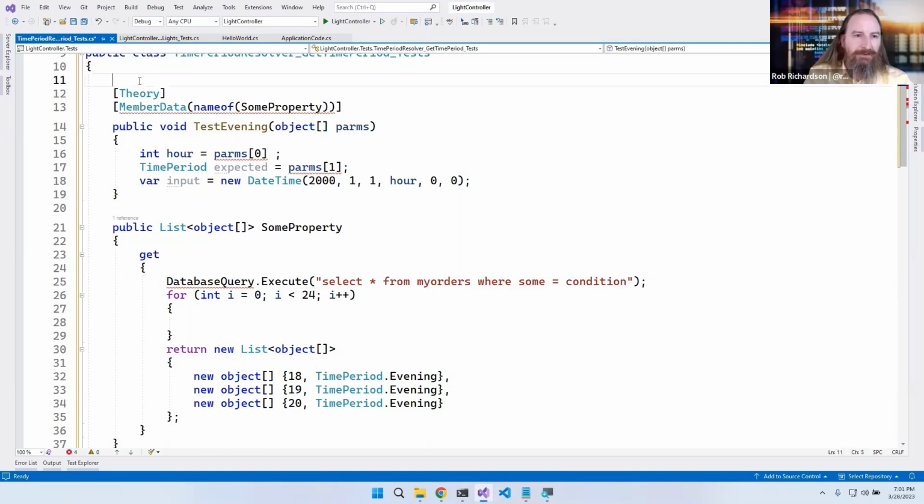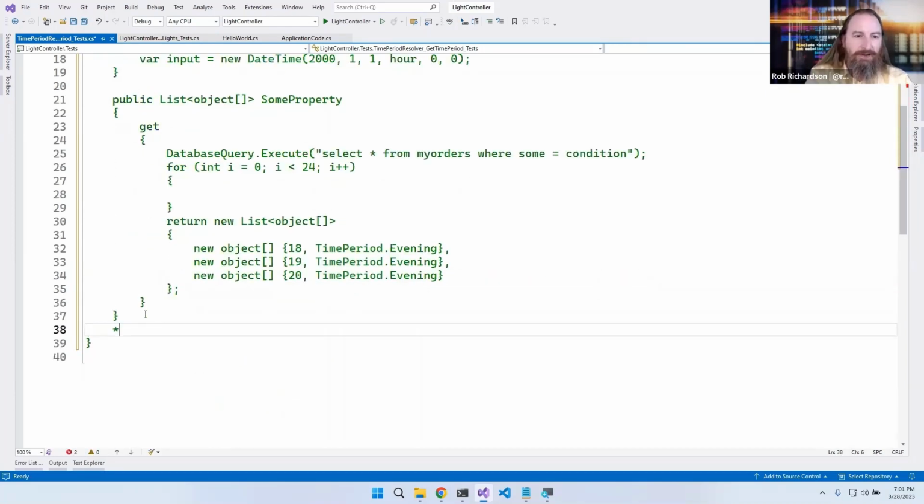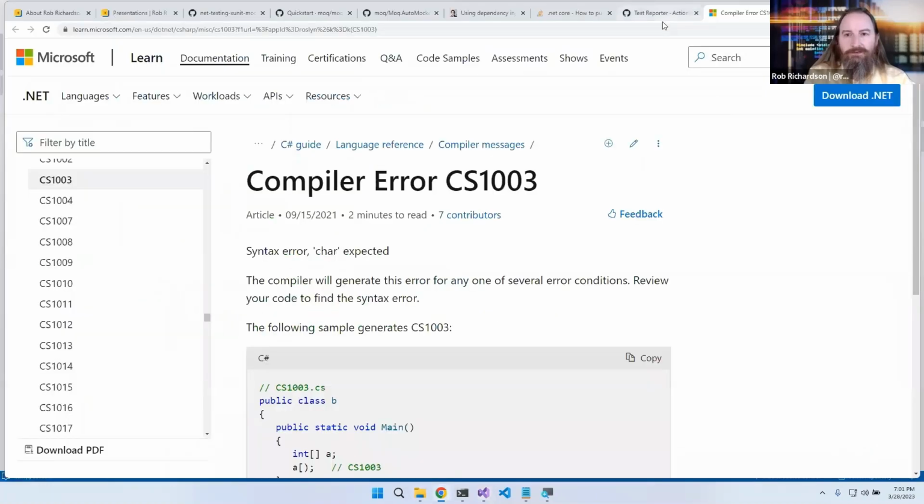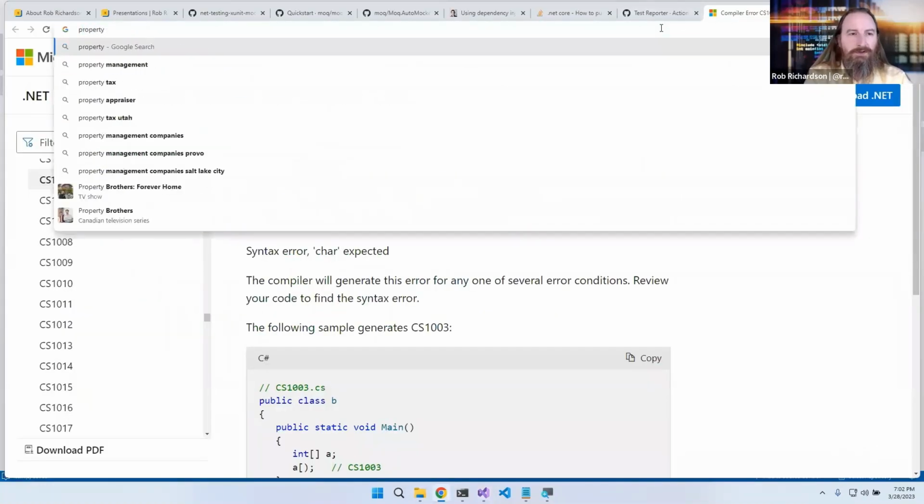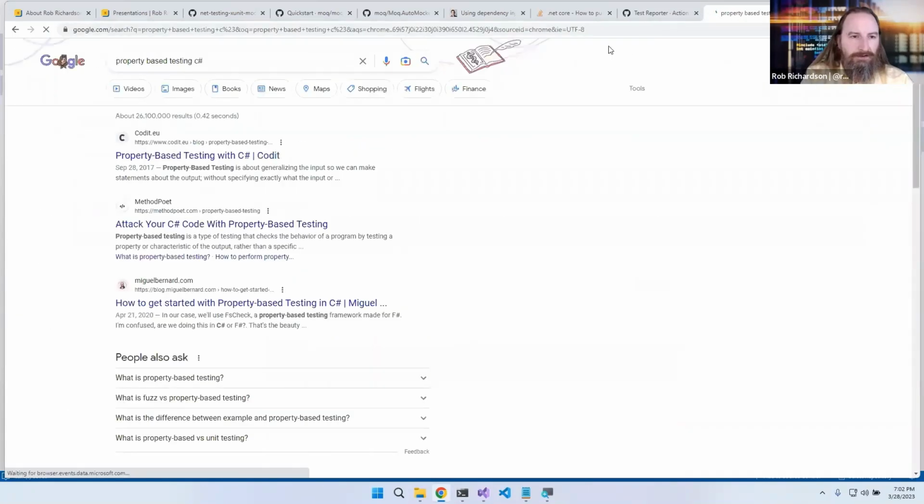And so I'm going to comment this out because otherwise this won't compile at all. But that's where I would go in this case. If you wanted to take it a step farther, then property-based testing is a really elegant methodology. So I can say property-based testing, and